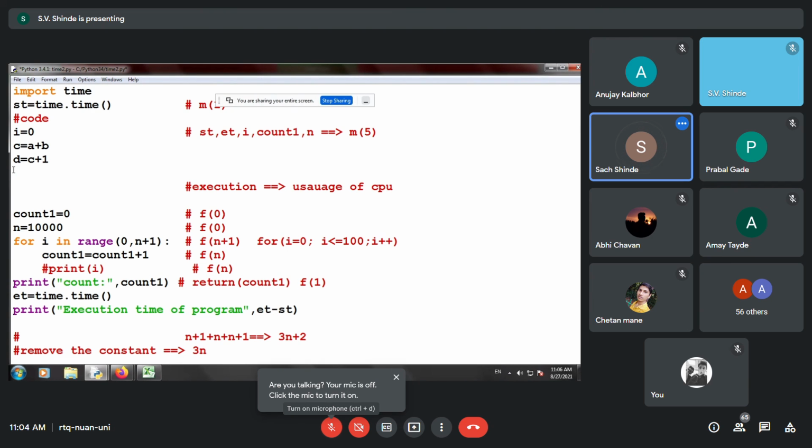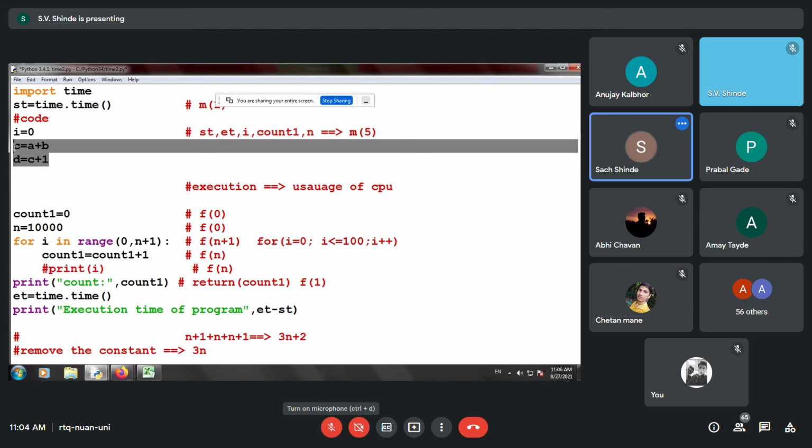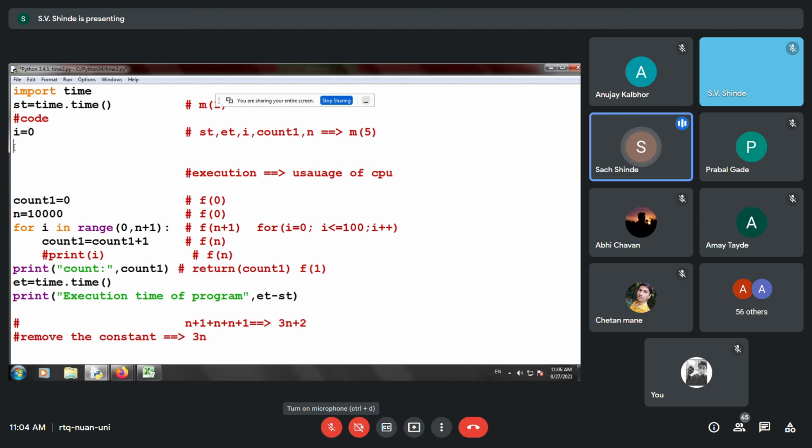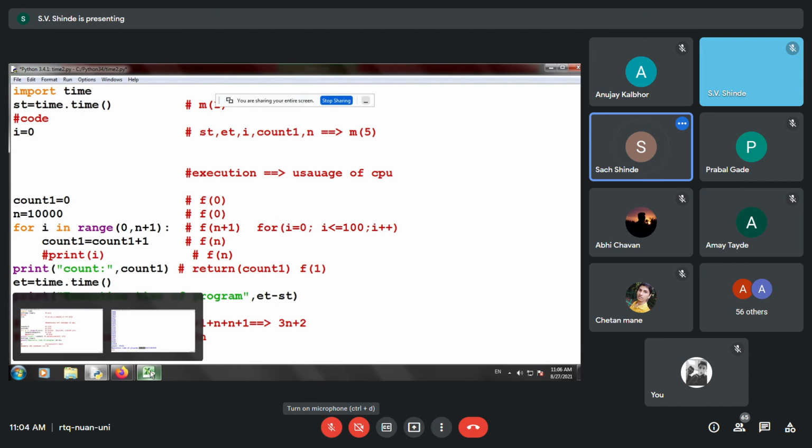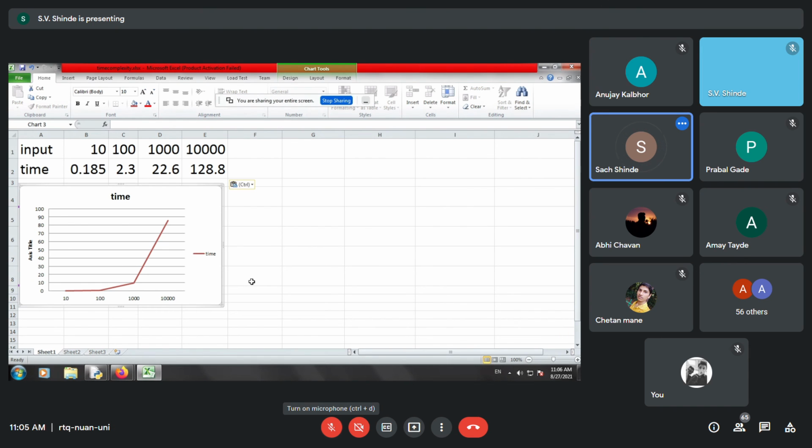Yes, participants, did you understand at least the importance of time complexity and space complexity? Yes, sir. So what happens when the load increases by a static amount? Over here it is 10, then 20, that means the rows are increasing by only 10.